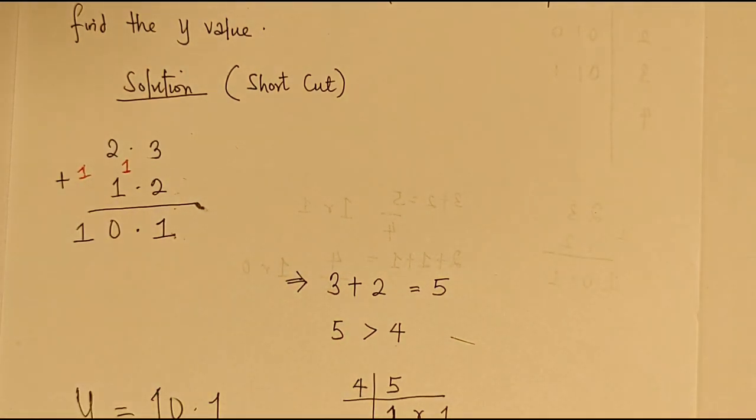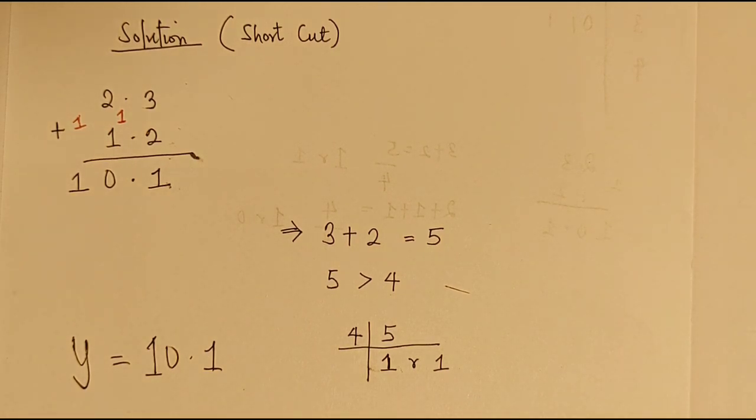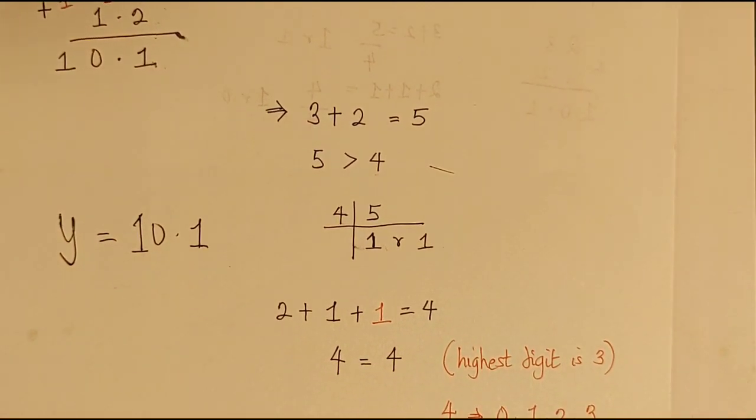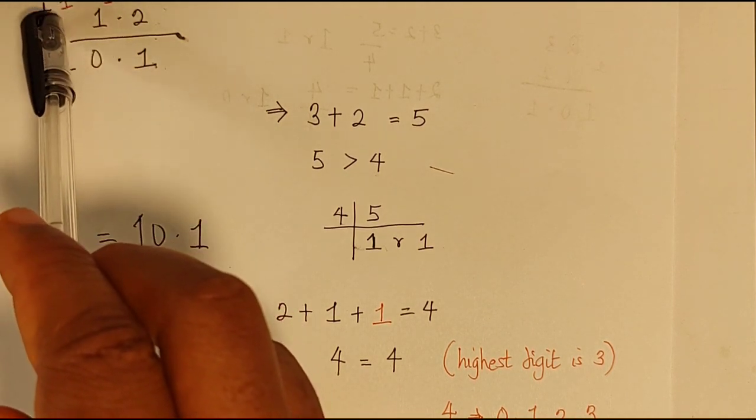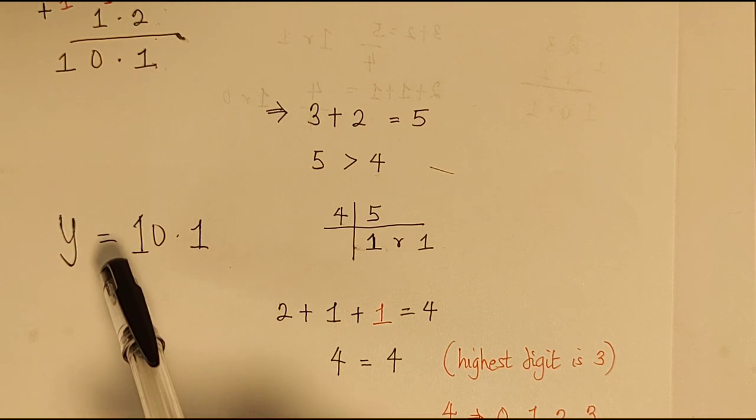And since it's going to give us 4, we cannot put 4. Like I said, the maximum digit is supposed to be 3, so we have to divide through again. So 4 into 4 will give us 1, remainder 0. So we are going to put 0 and take 1 to the other side. So at the end of the day, our y will be equal to